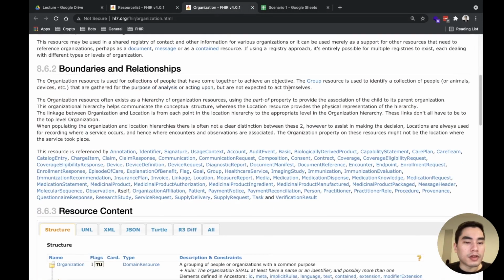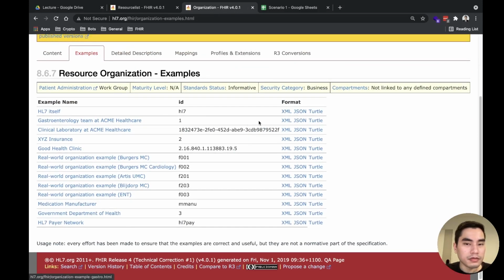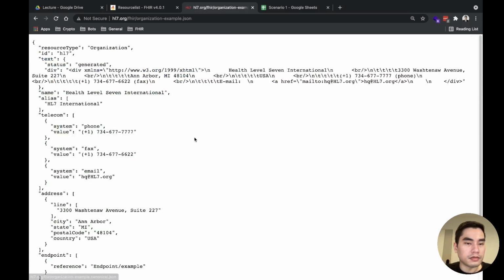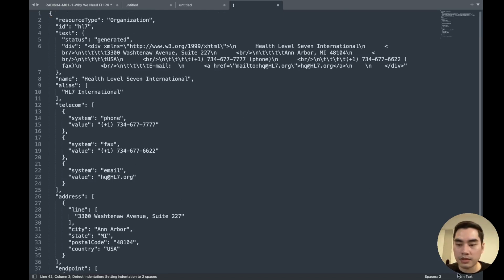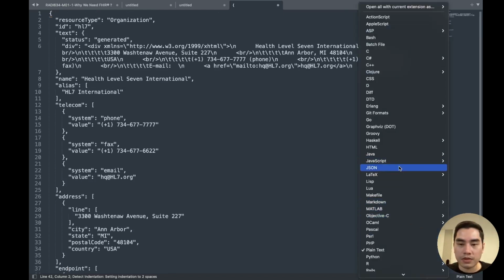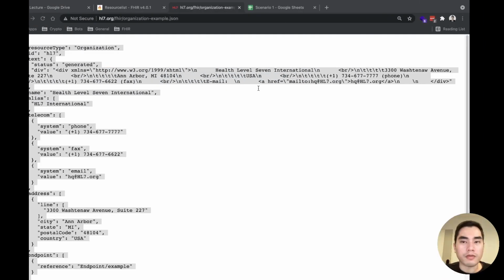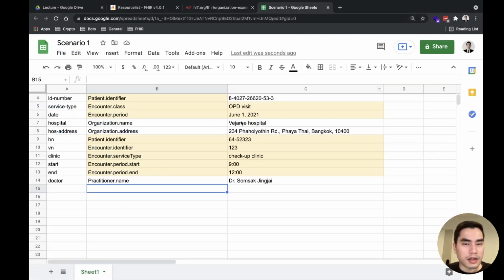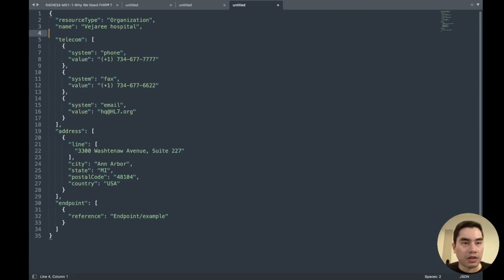Here, organization, just bring something and put it here and change it to JSON, and I will remove this. And what we need is name, so we keep the name, and this we don't need. And we want address.